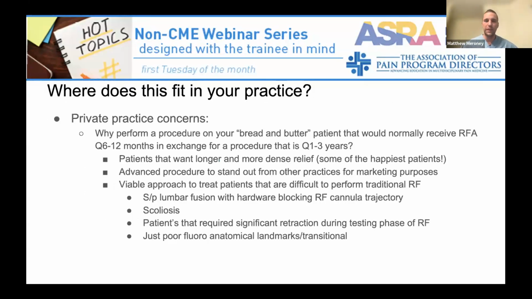A logical question most people get is, from a business standpoint, if lumbar facet arthropathy is a problem and lumbar RFs are working, why would you do this? Because you take a patient with a guaranteed procedure every 6 months or so that pays reasonably well, and you change it to every 1 to 3 years. I think that's a fair argument. Patients that do well with lumbar RF and are simple, I think it's probably fair to just